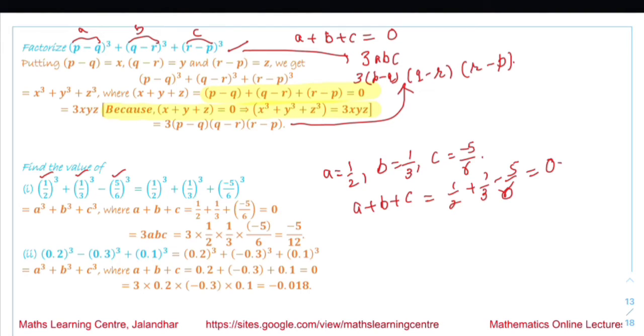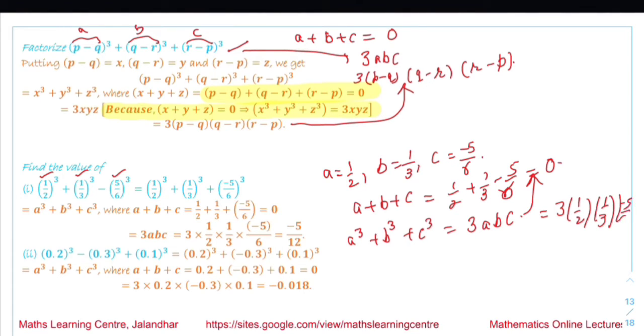0. So it means if we have to calculate a³ + b³ + c³, the answer will be 3abc, because a + b + c is equal to 0. So the answer we get is 3 × (1/2) × (1/3) × (−5/6). So the final answer you will get is